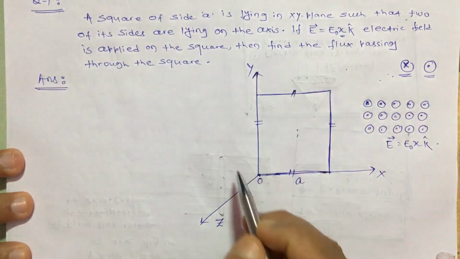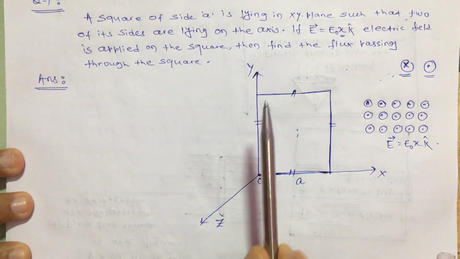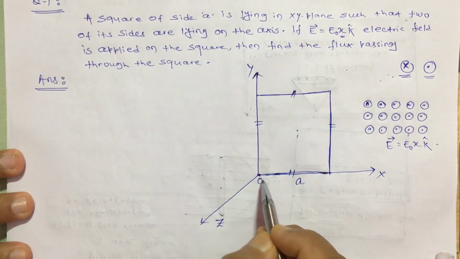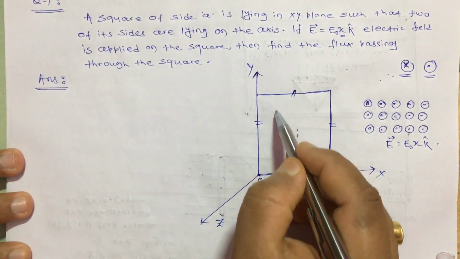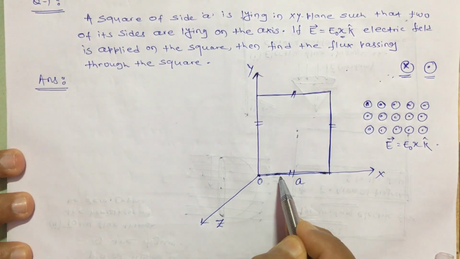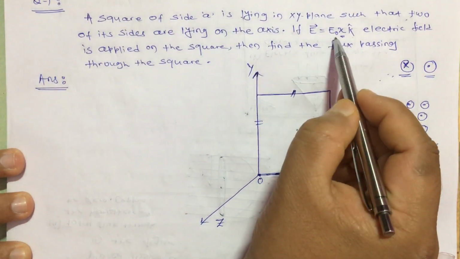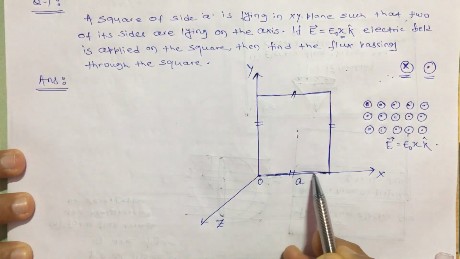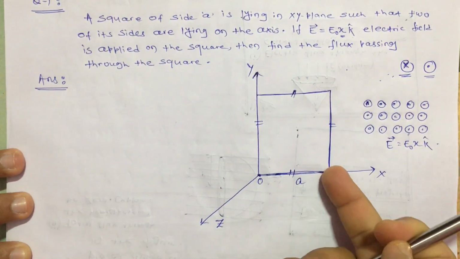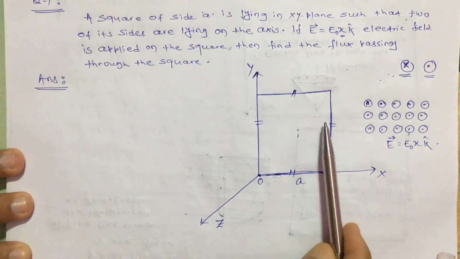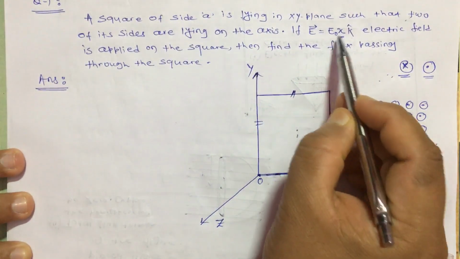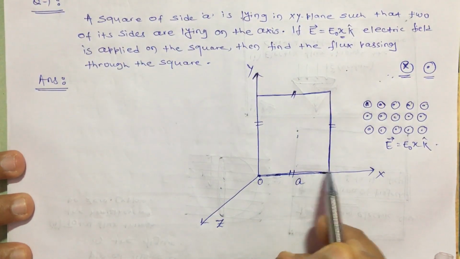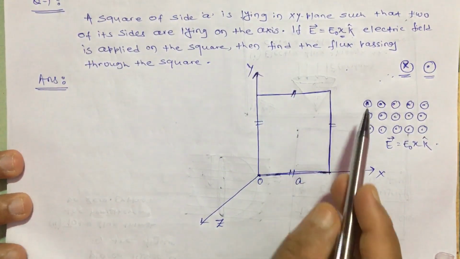See, it depends upon the value of x. While the electric field is coming through this line outward, for that line it will be 0, because the x value is 0 at this line. Similarly at this line the x has a different value. So at this point the electric field will be different because it depends upon x. Similarly the electric field will gradually go on increasing because the x value is increasing, and the electric field lines coming through this line will have a value of E naught into A into k cap, because at this point x has a value of A. So throughout this plane the electric field is not uniform, it is changing with the value of x.